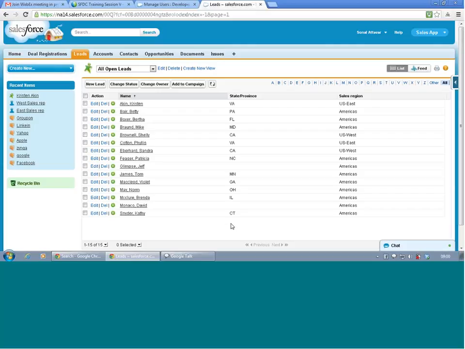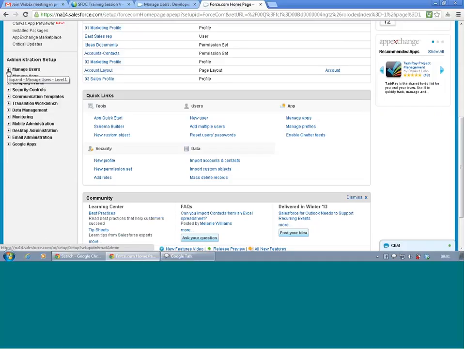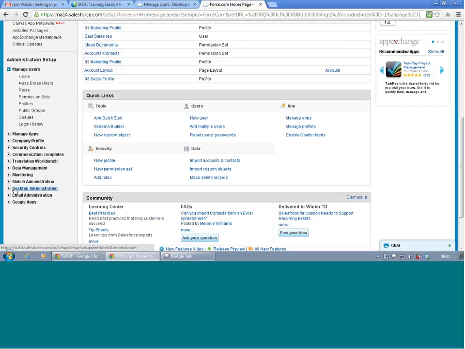Okay. So now we have state and region. Now we are going to do a lead assignment process, which will assign the lead owners based on the sales region field. So now I want to create another queue called Americas. Go to manage users and create another queue called Americas, as you created for the sales reps of the other geos.